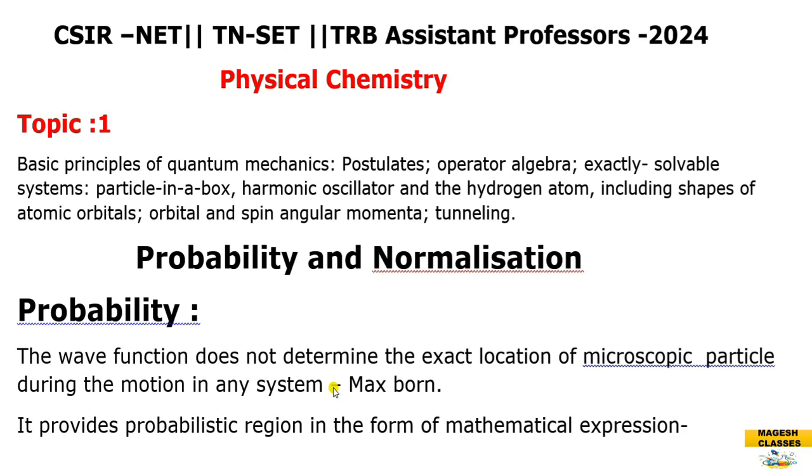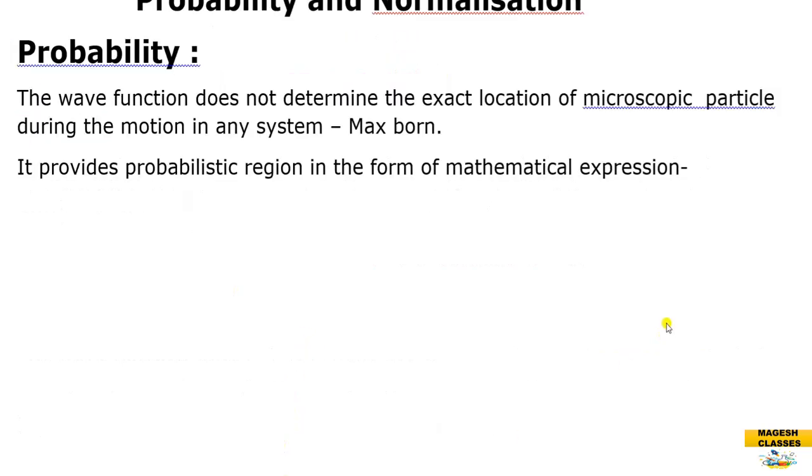Therefore, the alternative is a probabilistic region in the form of a mathematical expression. The mathematical expression is the probability P is equal to